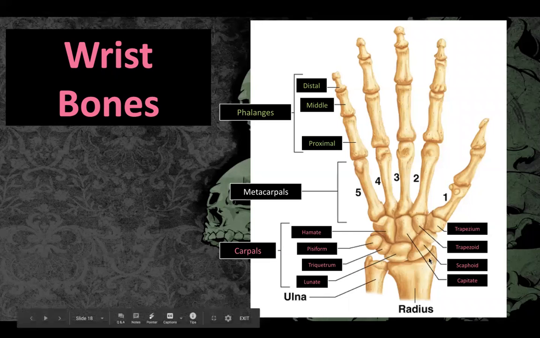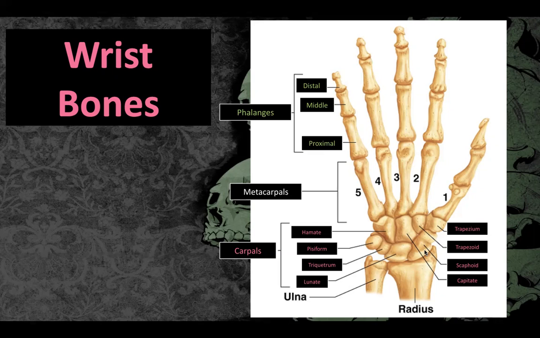And then that's going to bring us down to our wrist bones. Okay, so the carpals. As I said, there are 8 of them, and we have the scaphoid here. That's going to be the first one. So if we're going along the thumb or the radius, the first one, the more proximal one, the lateral one, is going to be the scaphoid. And then we get to the lunate, next to that. And then the triquetrum,